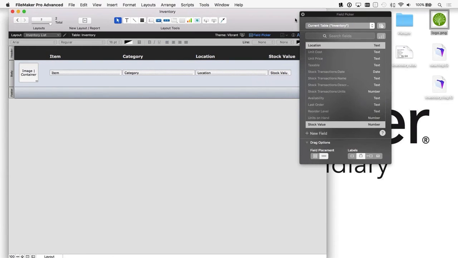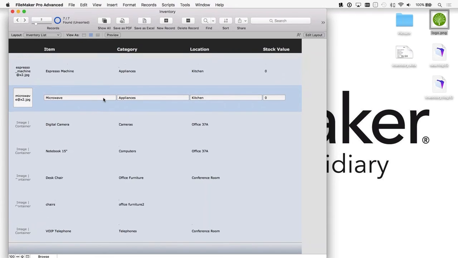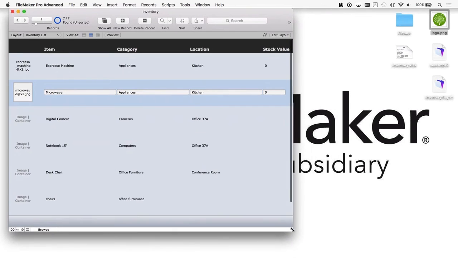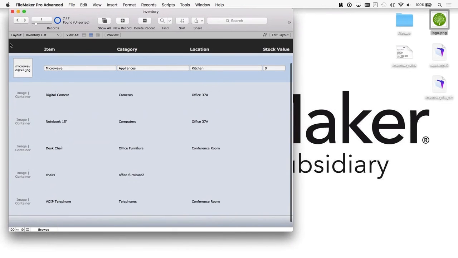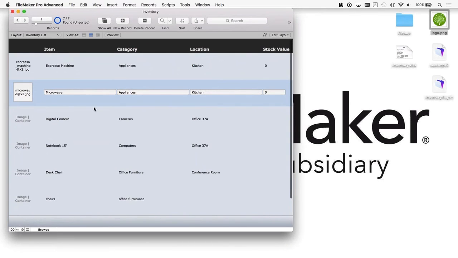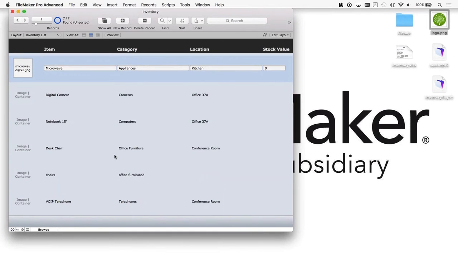Great, okay. So I'm just going to save that out. Let's see how it looks. Okay, so as you can see, the header part to this form doesn't repeat. It stays current there. If I scroll down, you can see that the header part stays at the top, so you can see what the data is, and the body part is repeating via the number of records you've got in the database, or obviously the found set when you do some kind of query and find all of those particular, let's say,